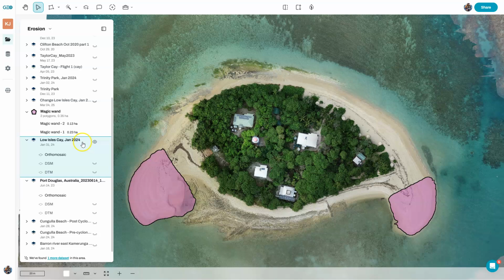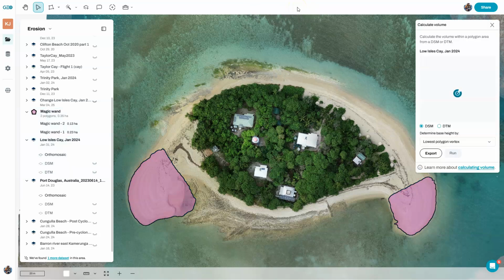So what we do is we select the dataset, use Control or Command if you're on a Mac to select the polygons, and then use this tool up here or Shift-V for the shortcut on your keyboard there to click that. Now it's going to take a couple of moments to calculate, and when it does, then it will return